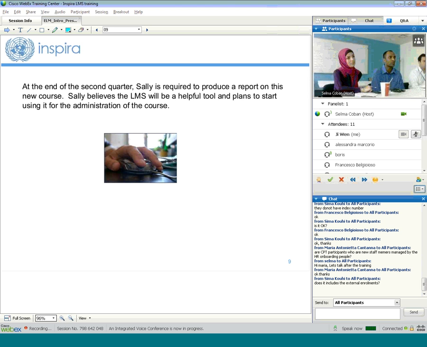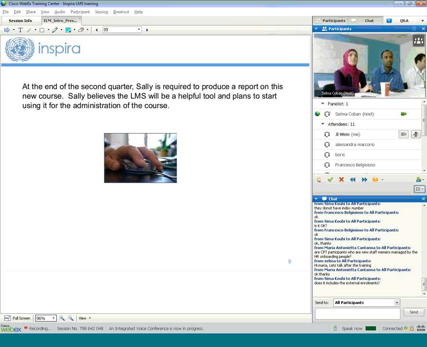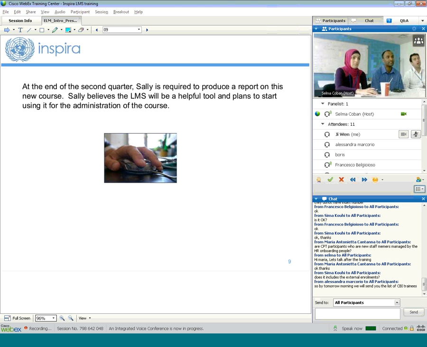It was very easy. It requires a little bit of practice, just play with it a couple of times, clone this, clone that, and then it will be very easy to use the HR Insight. Again, it links directly from Inspira to HR Insight, so it's very good for you to do reporting.